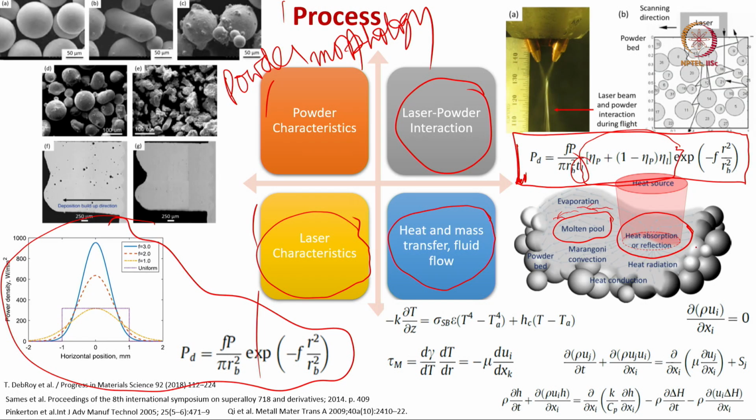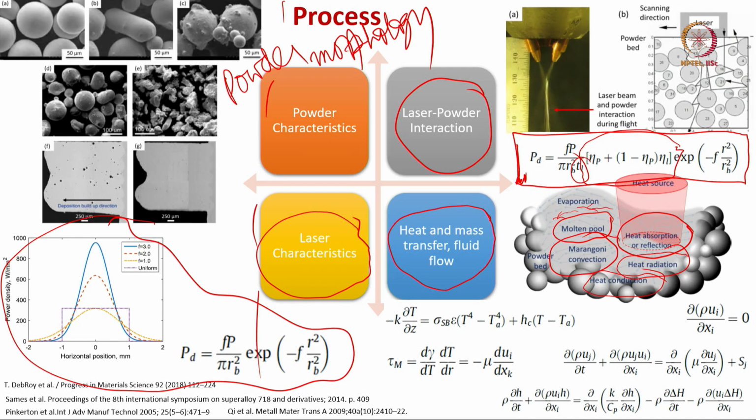created, which will be rotating in the laser melted pool, and the heat will be lost from the molten pool by radiation. Heat will be conducted away to the substrate or the corresponding powder bed also, and there will be likelihood of the formation of the Marangoni convection. Therefore, you have to utilize the fundamental heat transfer equations as part of the study of the process science understanding of this SLM process or DED process.